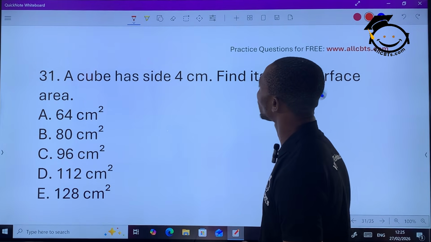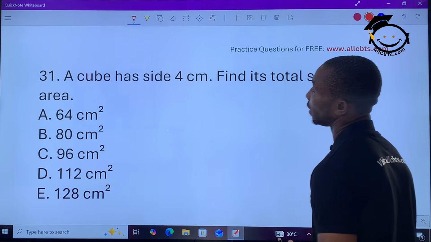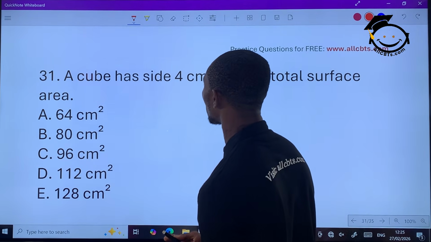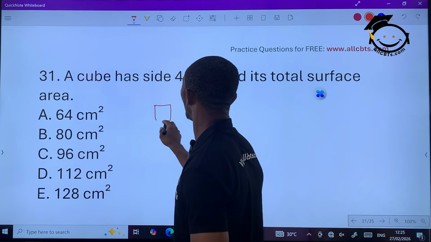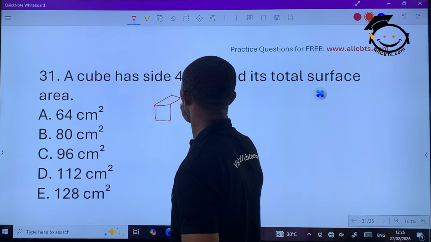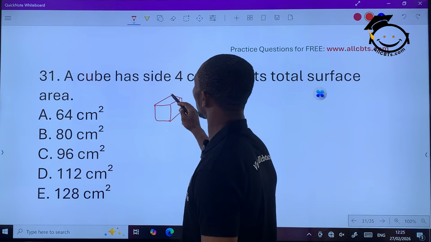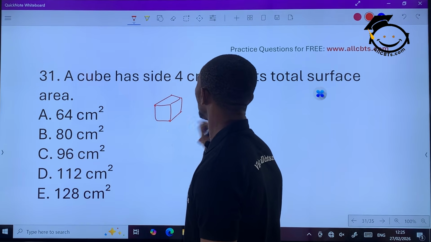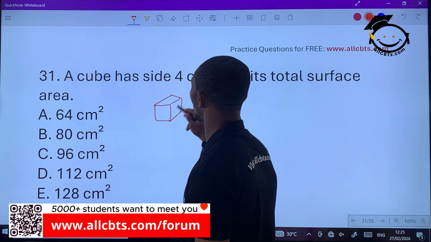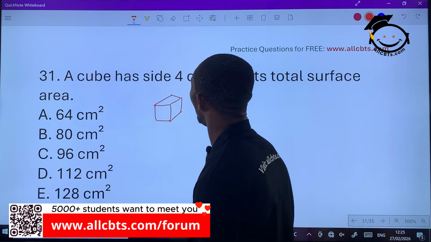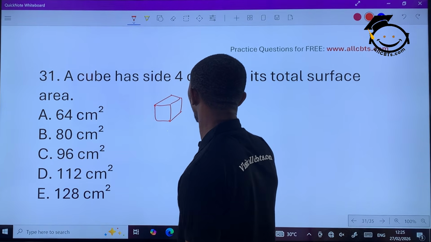A cube has side 4 cm. Find its total surface area. All right, it's a cube. So it has how many faces? 1, 2, 3, 4, 5, 6. 6 faces. A cube has 6 faces. So looking for the total surface area,